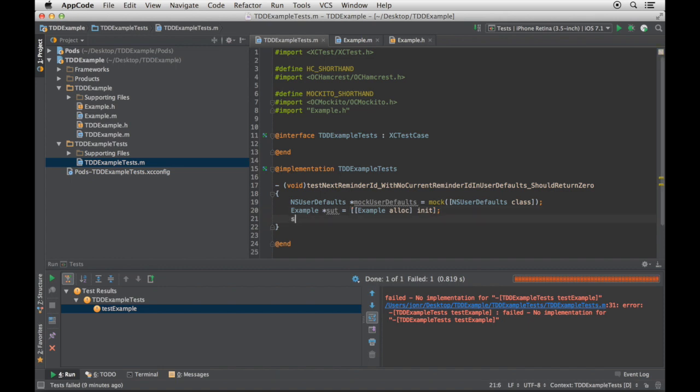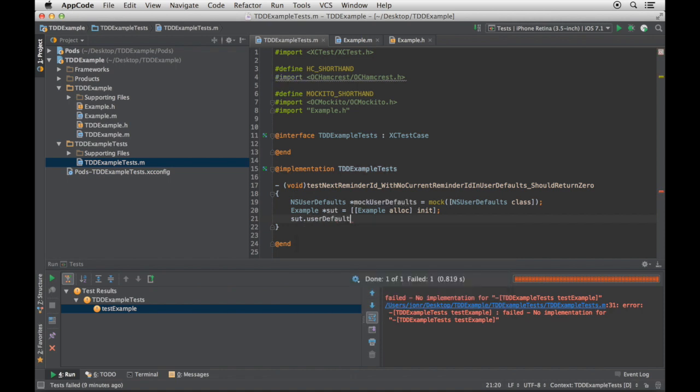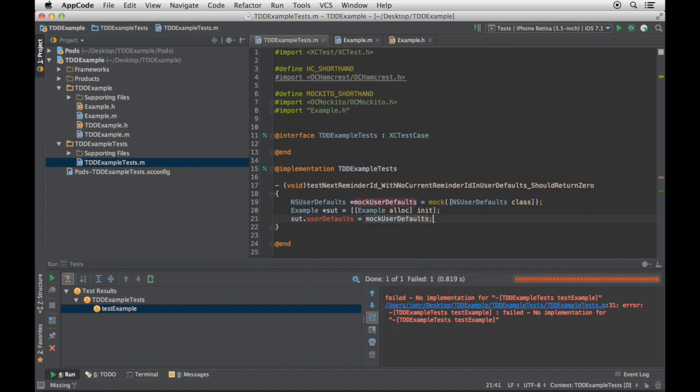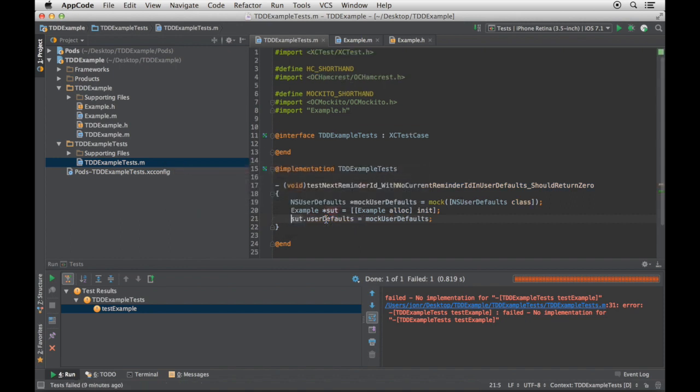With that, I want to say user defaults is mock user defaults. Again in red, it's asking, what is this thing? Why, I will tell you. Option Enter. I would like to create a new property. It asks some questions, though yes, I accept those things, and there, it's done.